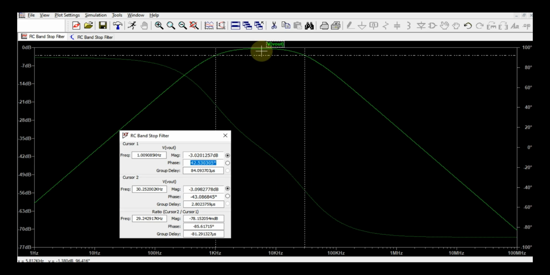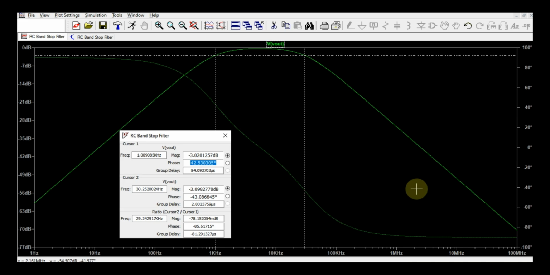Okay, so hope you understand the behavior of the RC band pass filter by using Bode plot analysis. Hope you understand the plot between magnitude and frequency, and the plot between phase and frequency, right? This is basically a combination, a cascading of a high pass filter and a low pass filter. So up to a frequency of 1 kilohertz, your filter is operating as a high pass filter, and after a frequency of 30 kilohertz your filter is operating as a low pass filter.